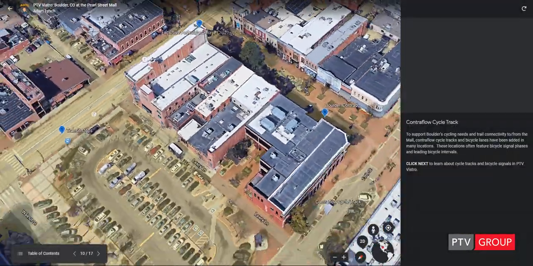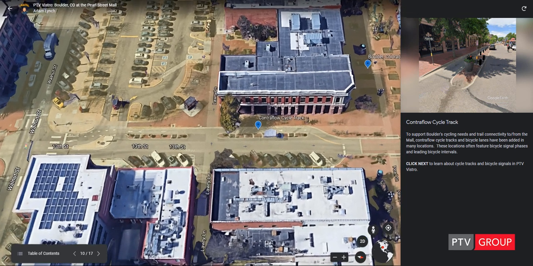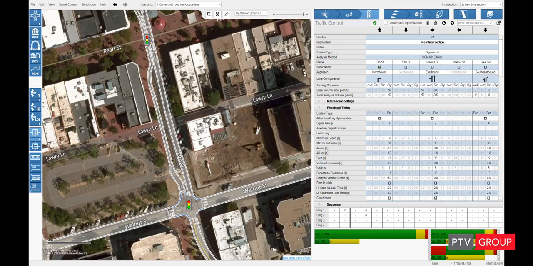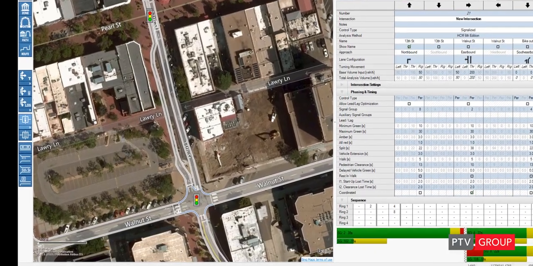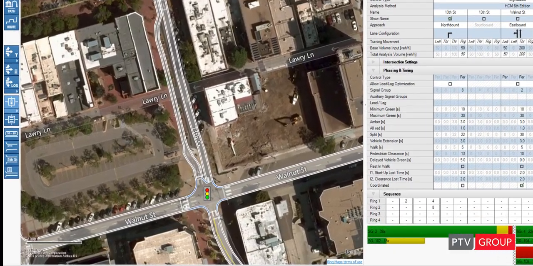To support Boulder's cycling needs and trail connectivity to and from the mall, contraflow cycle tracks and bicycle lanes have been added in many locations. These locations often feature bicycle signal phases and leading bicycle intervals. PTV Vistro models cycle tracks and bicycle signal phases, as well as evaluates operations with HCM6 Edition's level of service